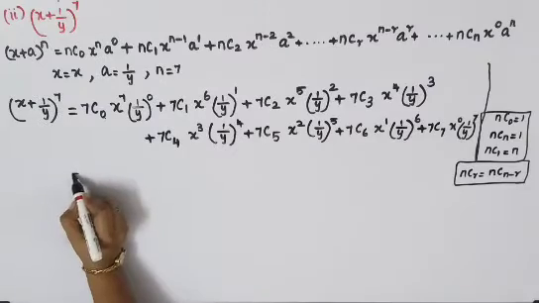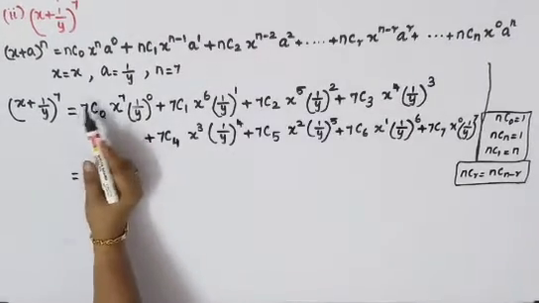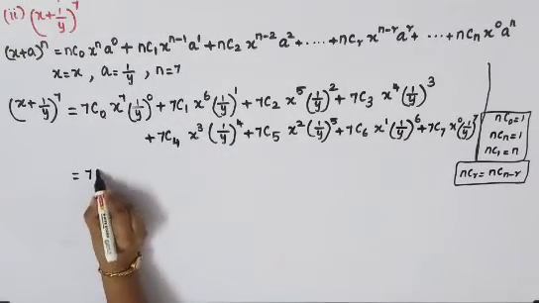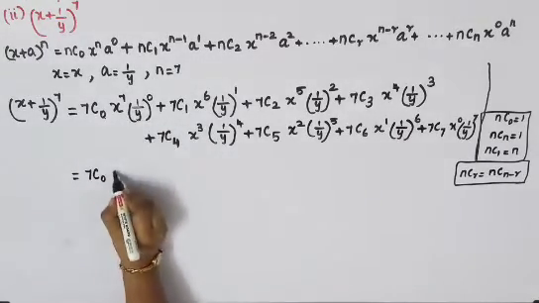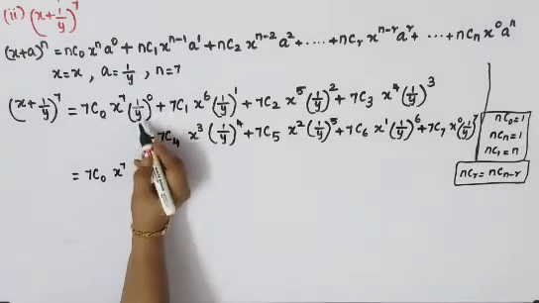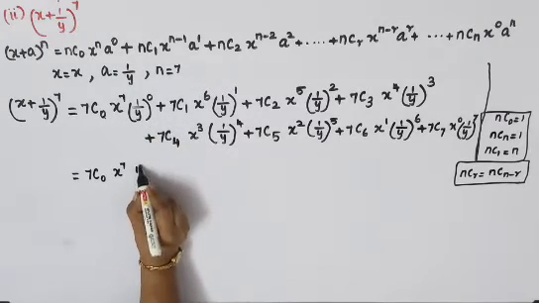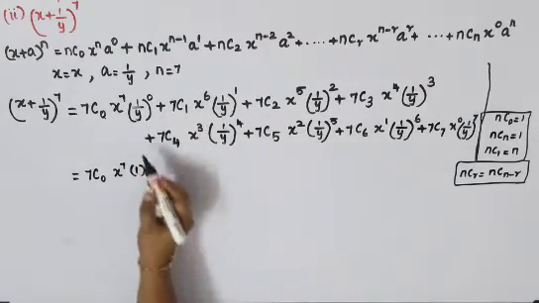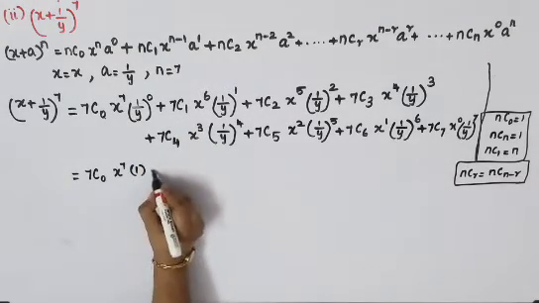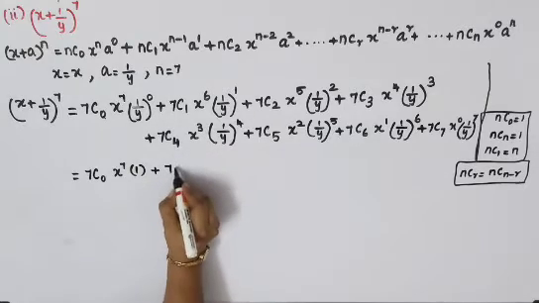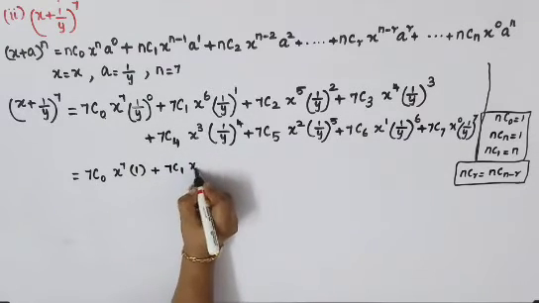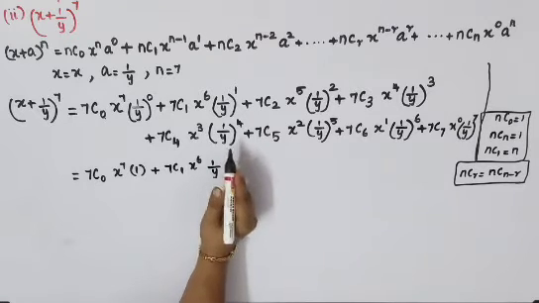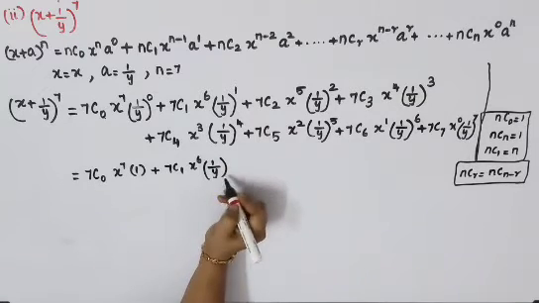The next step of solving. So first we will just do the nCr factors only, we will just solve it. So I'll just write the 7C0 as it is. x power 7, this is 1 by y whole power 0, you can write it as 1 itself, because anything to the power 0 will be 1. So only that I am just converting it, plus this 7C1 is there as it is. x power 6 into 1 by y the whole power 1, so I will just leave it as 1 by y,